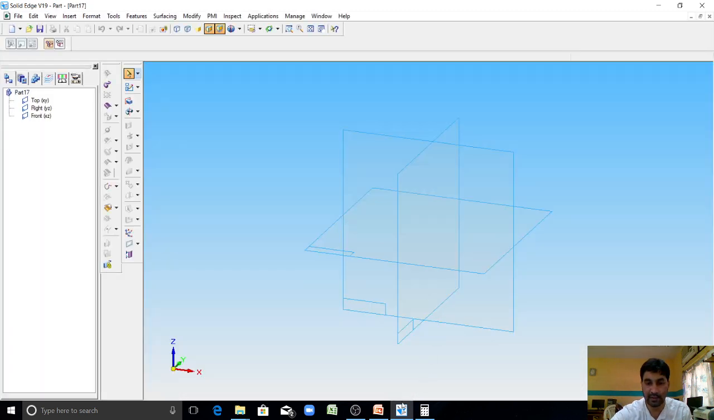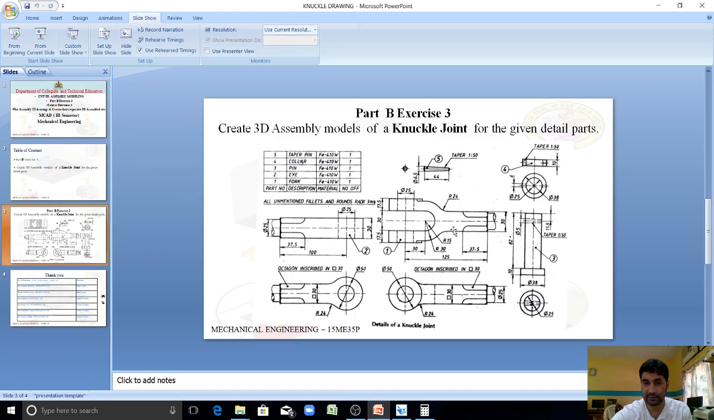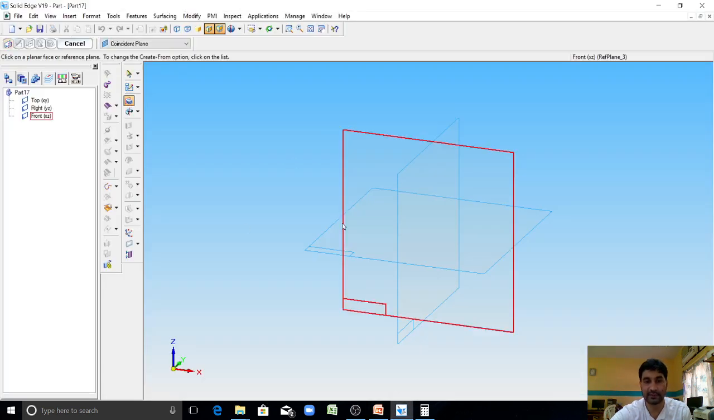Now to draw the third part, that is our pin. It has a step of diameter 38 for a height of 10 mm, above which you have a 25 mm dia, height of that is 82, and a taper hole of dia 5, which is tapered with a reduction of 1:50 taper. So go to protrusion, select the top view,